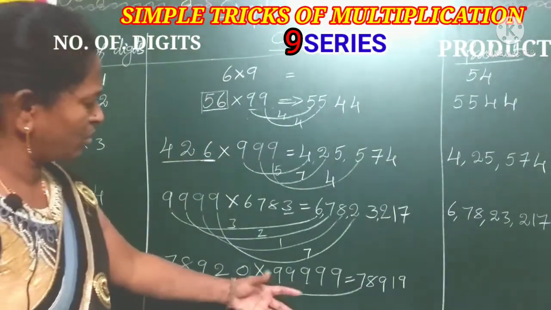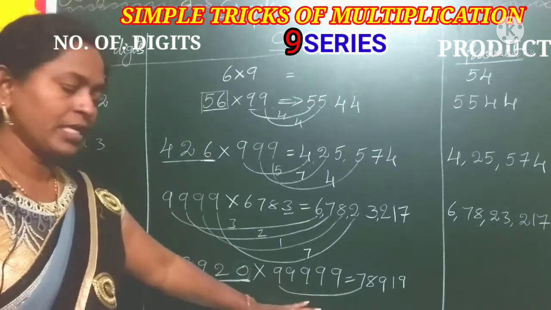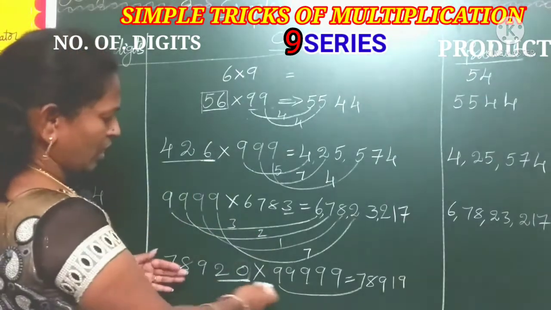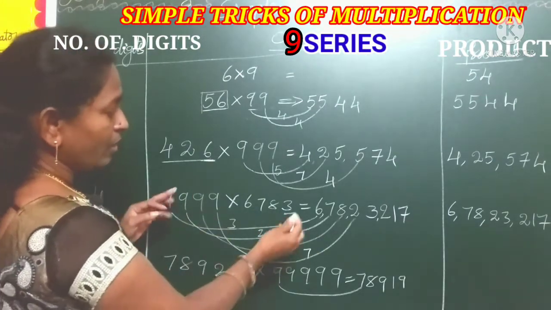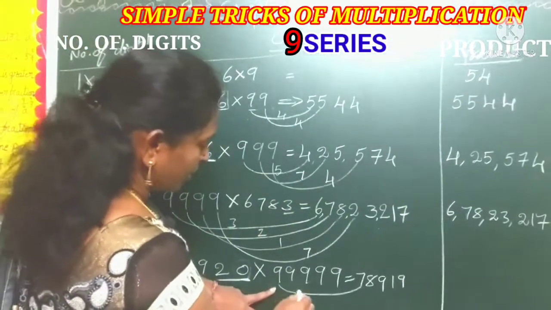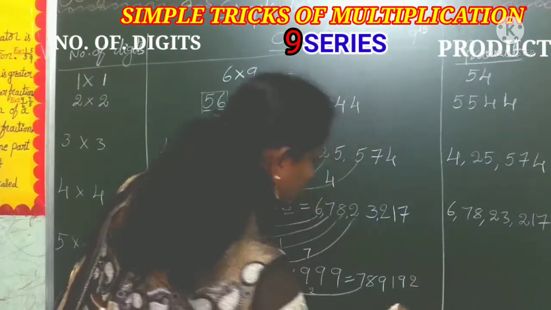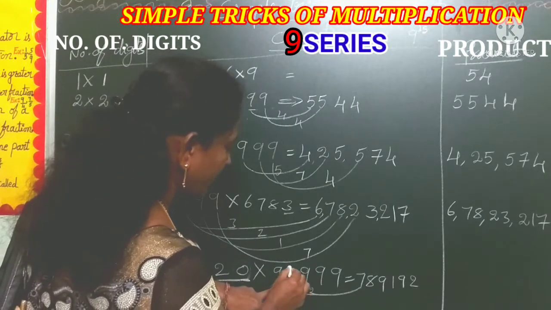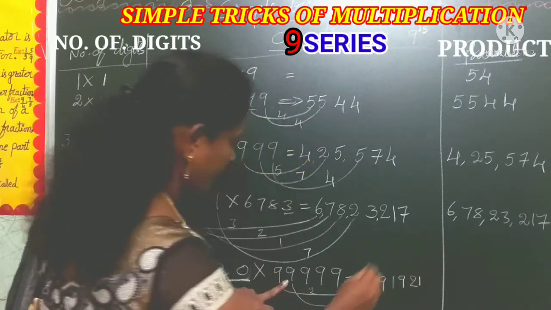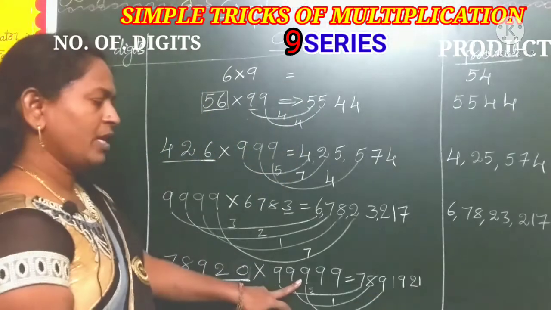Here change, see the way is changed. See here on the left side we wrote 9s. Here on the right side I wrote. For understanding only I changed here. See, whatever the place is not mandatory, but the process is important. Okay, see here the difference of 9 and 7. What is that? 2. And next one, the difference of next 9 and 8 is 1. So it is 1. And next the difference of 9 and 9. 9 minus 9 is 0.